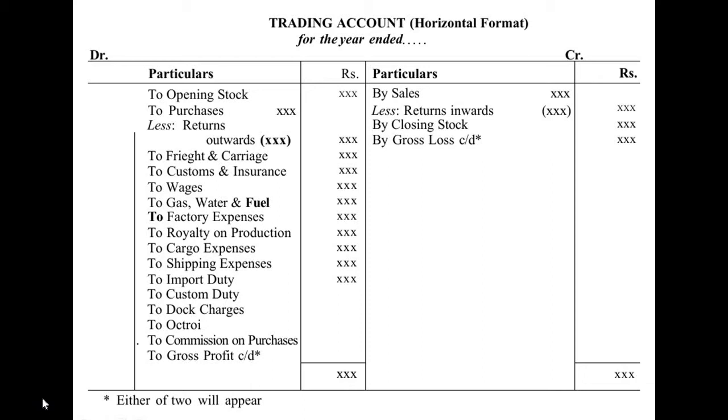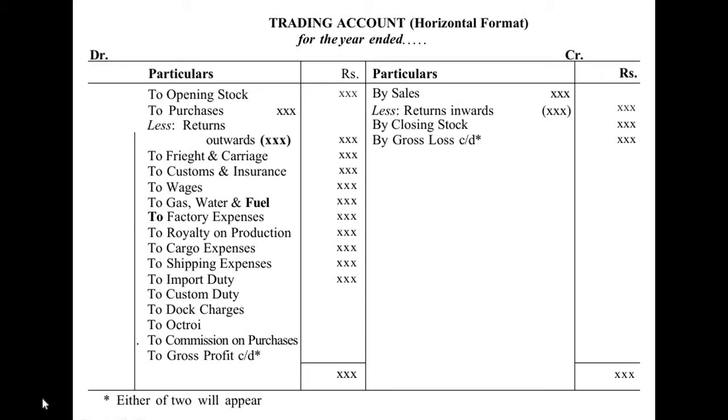Okay, the next one is purchases. It shows the gross amount of purchases made of the materials and saleable goods. It includes both cash purchases and credit purchases of goods. And the next one is, in this purchases, let's say return outwards. Return outward is also called a purchase return. The purchase return is a credit balance showing the return of goods to the suppliers.